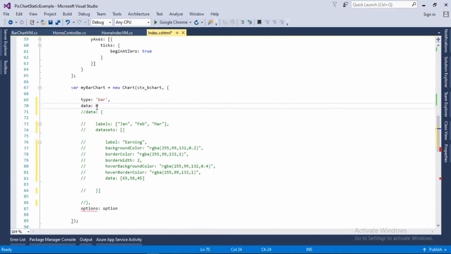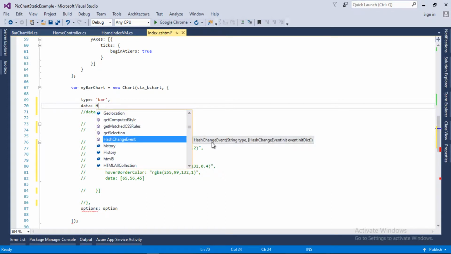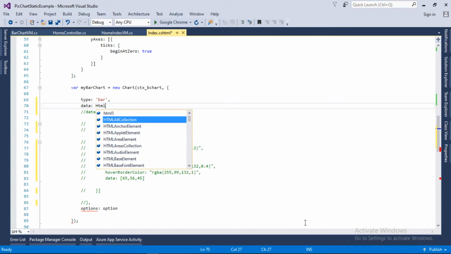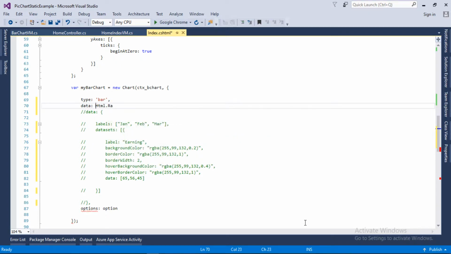So I will convert it into JSON. So Html.Raw, first of all we need to add the @ sign, and here we need to pass Json.Serialize, and we need to pass our model, so Model.BarChartData. So now this part has been completed.